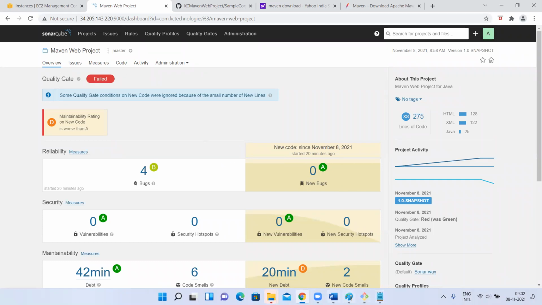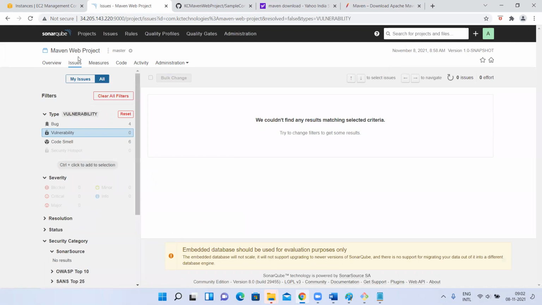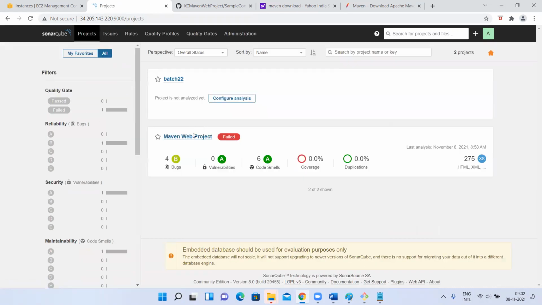So if you want to integrate it with the SonarQube server on your projects, what you have to do? You have to get into your pom.xml. There are different ways. This is one way. In that, you have to give the profiles element. In that, you have to give the SonarQube URL, where it is going to upload the report. Okay, fine. It has uploaded. We'll discuss security and all later. But this is how we upload the report. Now, once we upload the report, it will show the projects. You can go and get it here. Now, if you observe here, one more thing: if we get into projects, I'm selecting this project, right?